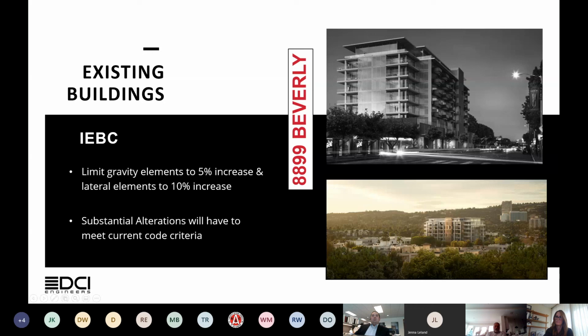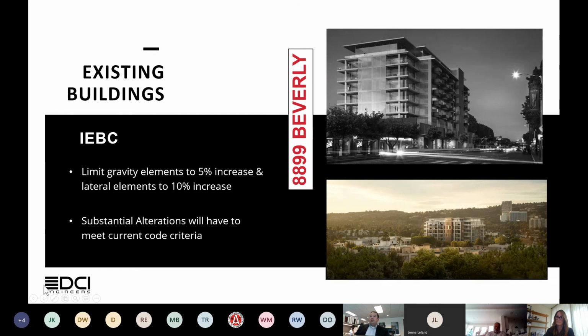Okay, so moving away from new construction and asking the question about existing buildings. What changes for existing buildings looking forward? The International Existing Building Code is also getting an update to their loads. If you go into the substantial alterations portion of the code, it says that we do have to meet current code criteria. So we would have to do the same types of analysis, and we will likely see increased loads